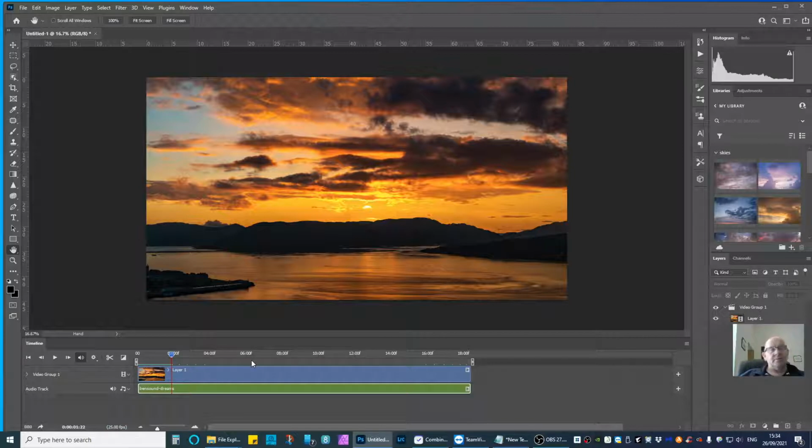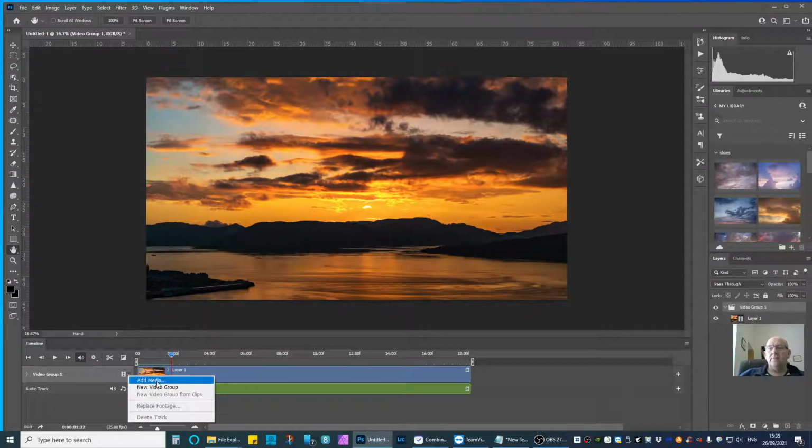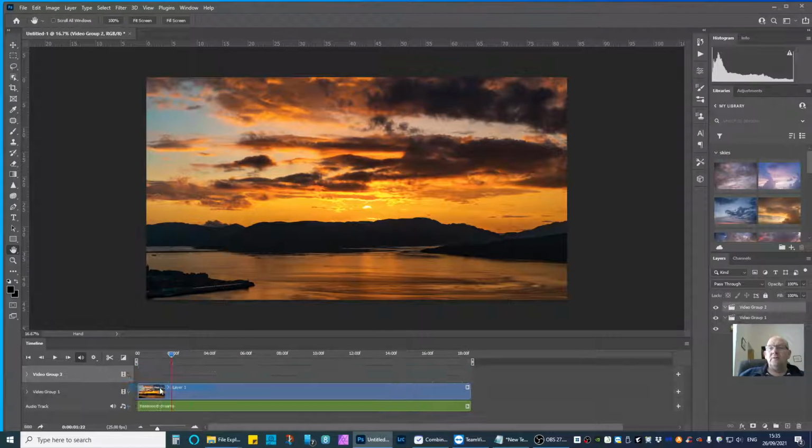Sounds not too bad to me. Other things you can do if you want to add a title, just add another video group, because what you can do here is click on the film, add new video group, which brings an extra line, and in here add media. If you click on the film strip and click add media,